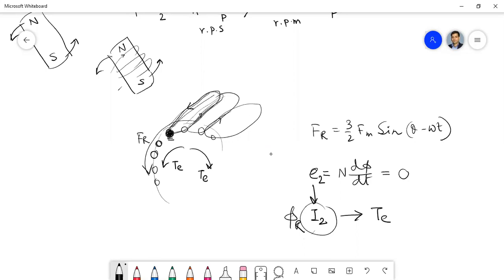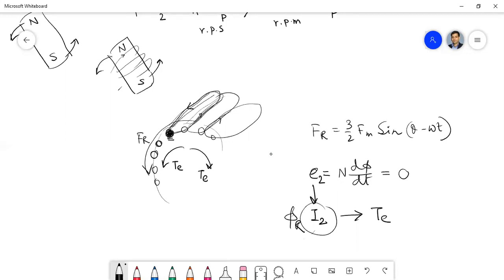Now if the voltage is 0, what about the current? Current will be 0. What about the torque? Torque will be 0. So everything will be 0. So what is the root cause of this production of this torque? The rotating magnetic field? Not the rotating magnetic field. Here we have the rotating magnetic field. When I was rotating the rotor at the same speed, I have the rotating magnetic field, still the torque becomes 0. মানে rotating magnetic fieldটা শুধু কারণ হতে পারে না.